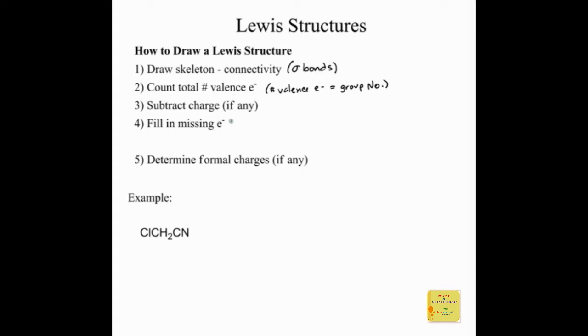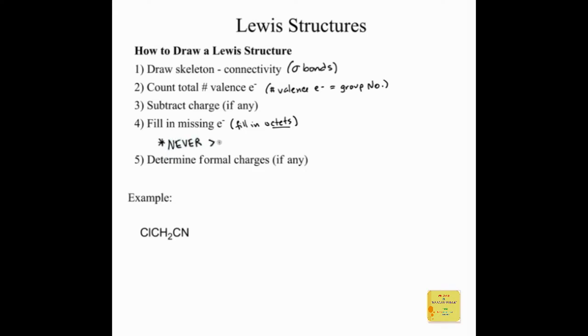And finally, we're going to fill in the missing electrons. Now, the goal here in filling in the electrons is we want to fill in as many octets as possible. We're going to follow the octet rule, and we're going to get as many atoms to have 8 electrons around them as possible. Now, there's one thing we really want to keep track of when we're adding in our electrons, that we never